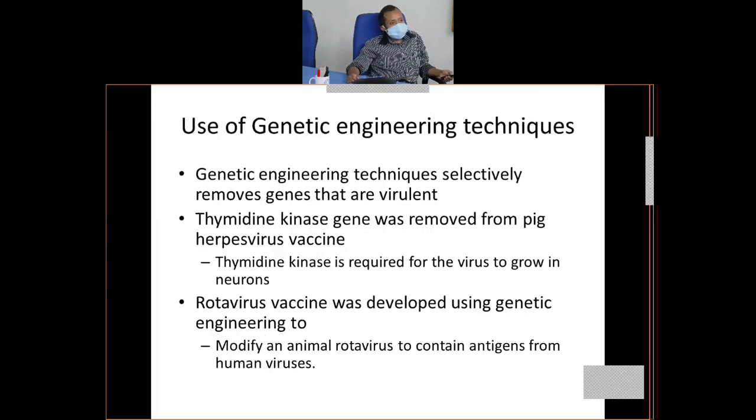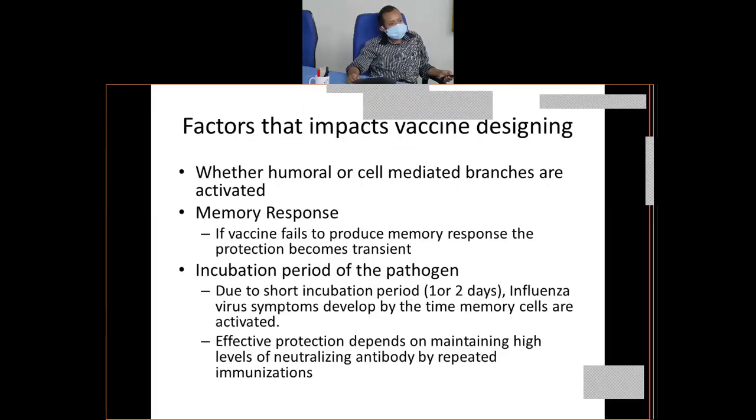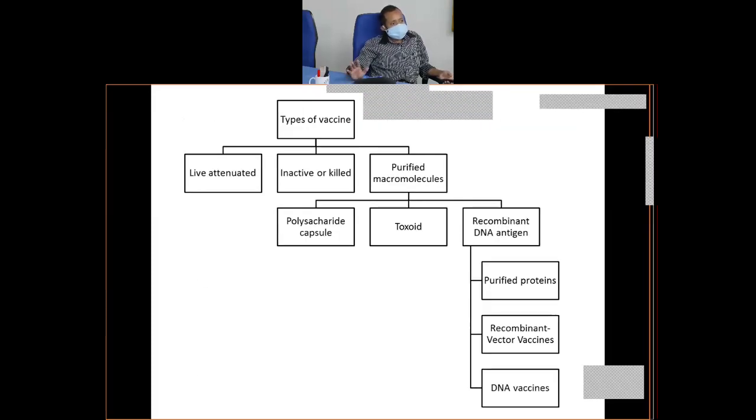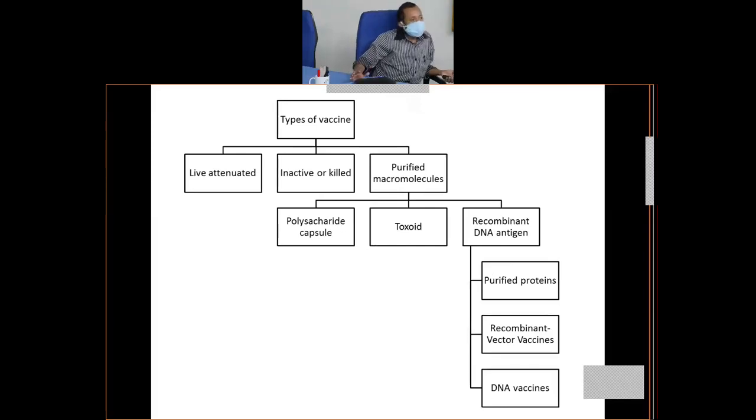I will come to these basic classifications. Live attenuated vaccines, like oral polio vaccines. Advantage is that these are live vaccines. Virus or pathogen can grow. Immunity is good. Both T cell and B cell are activated. Memory cell is there. But the drawback is that since it's a live virus, it can again mutate to the pathogenic one. And sometimes